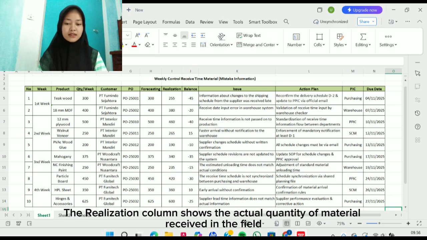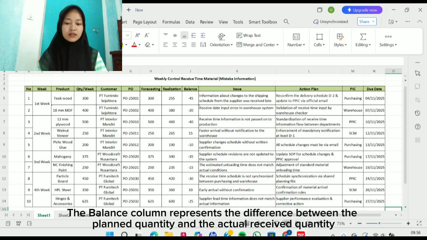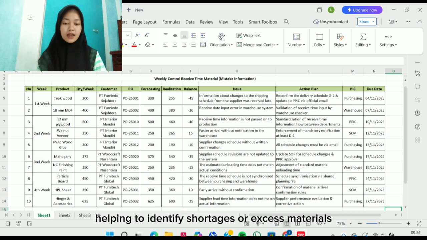The realization column shows the actual quantity of material received in the field. The balance column represents the difference between the planned quantity and the actual received quantity, helping to identify shortages or excess material.